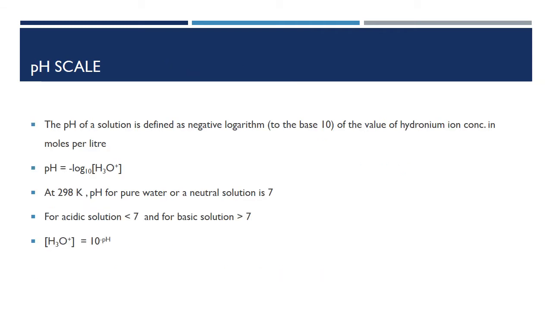The pH of a solution is defined as the negative logarithm to the base 10 of the hydronium ion concentration in moles per liter. Thus, pH is equal to minus log10 of hydronium ion concentration. At 298 Kelvin, the pH of pure water or a neutral solution is 7. If the value is less than 7, the solution is acidic, and if it is greater than 7, the solution